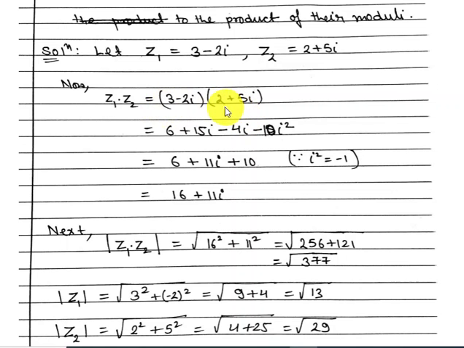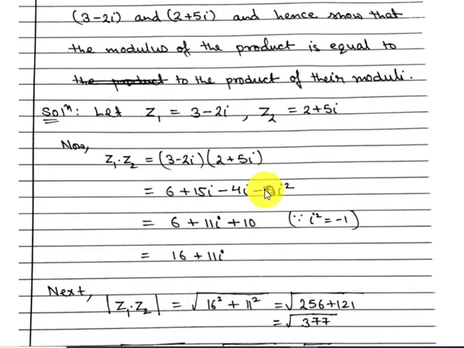So 3 into this 2 will become 6, 3 into this 5 will be 15i, minus 2 into 2 will be minus 4i, minus 2 and here plus 5, that means minus 10i square. So in next step, you know that this is plus 15i and this is minus 4i, so this would be plus 11i. Okay, and minus 10i square, but i square is nothing but minus 1, so minus minus plus, so it becomes plus 10. So 6 plus 10, 16 plus 11i. So product of these complex numbers, here we get 16 plus 11i. Now, so first thing is done.